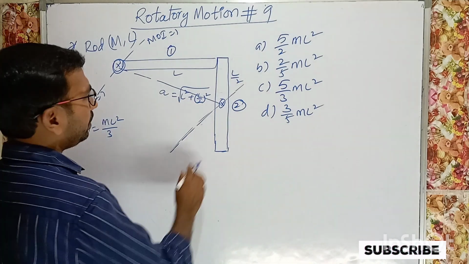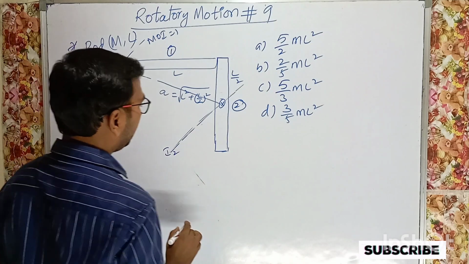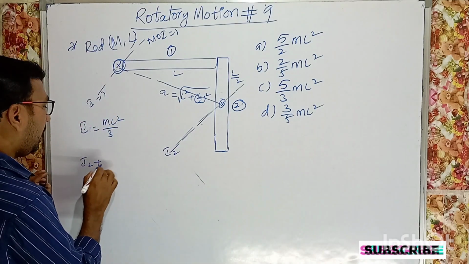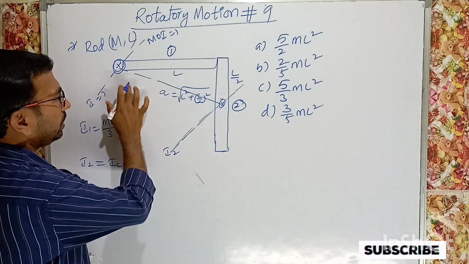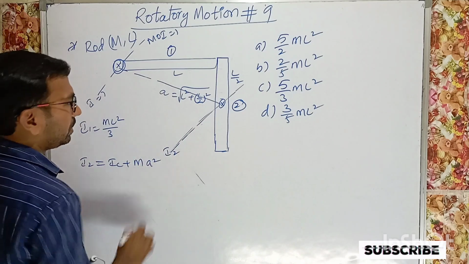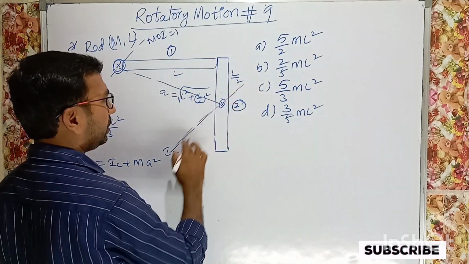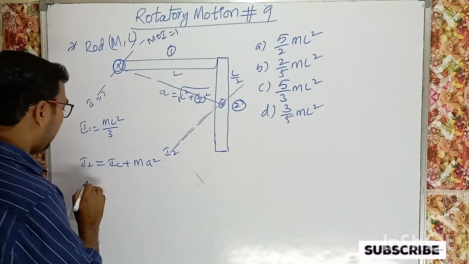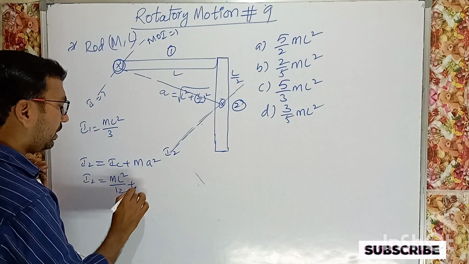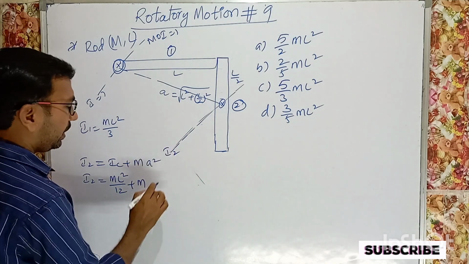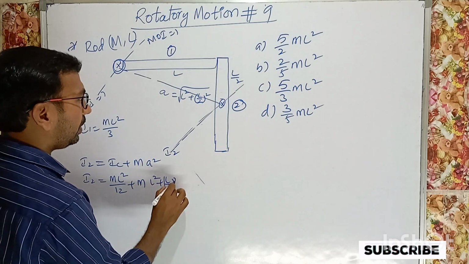So here, the moment of inertia about a parallel axis is what I2 is. You can find out I2. Here I2 is equal to IC plus M, and the distance from here to here is A, so M A square. Here IC, for the axis passing through this COM, is M L square by 12. So I2 is equal to M L square by 12 plus M. What about A here? A is equal to the square root of L square plus L by 2 whole square.